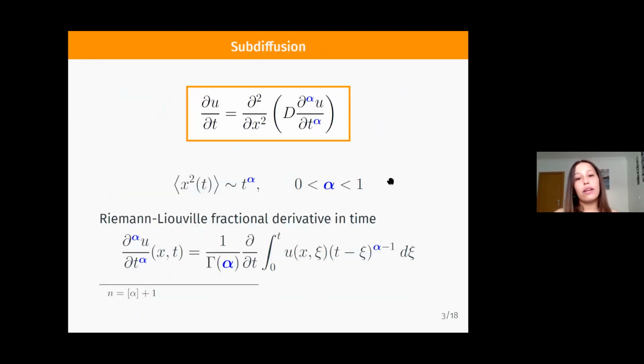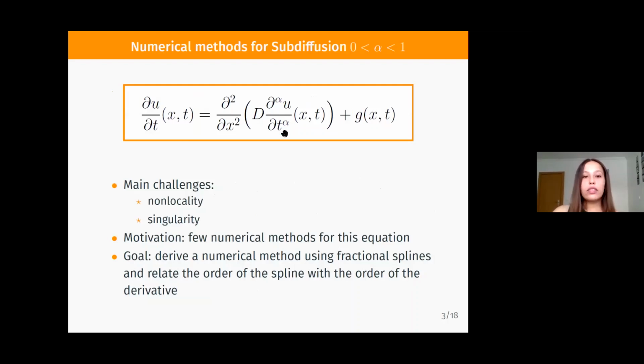I'm going to talk about the fractional differential equation. As I said before, here the second moment grows according to a power of t that is less than 1. And in our work, we use the Riemann-Liouville fractional derivative operator in time, whose expression is given by this. So we want to derive numerical methods for this equation, where G is the source term, D is the diffusion coefficient,